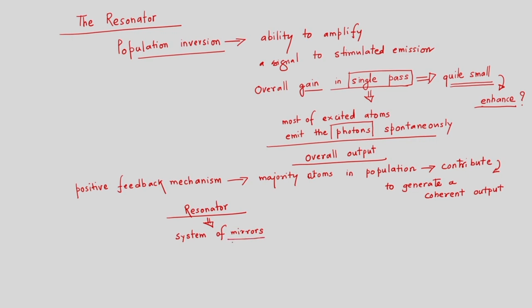These mirrors are arranged in a parallel way, and the photons move back and forth between these mirrors. So, what is happening during this back and forth movement of the photons? Some of the off axis photons will get reflected out. These mirrors are arranged in a parallel way in this manner. This is a pair of two mirrors,